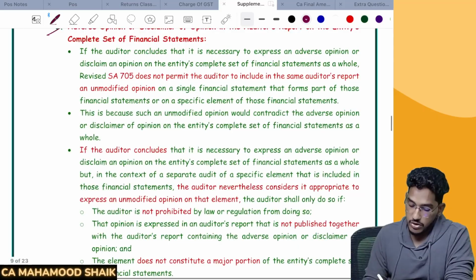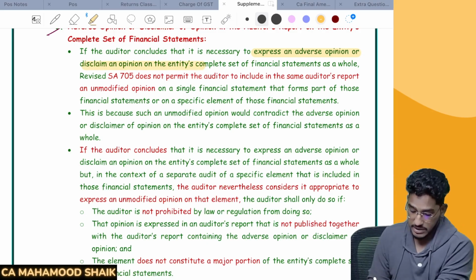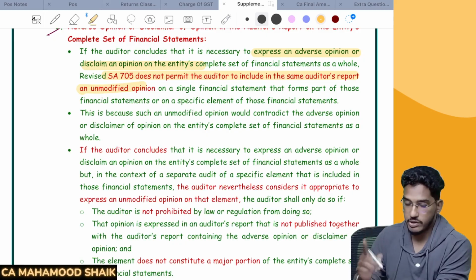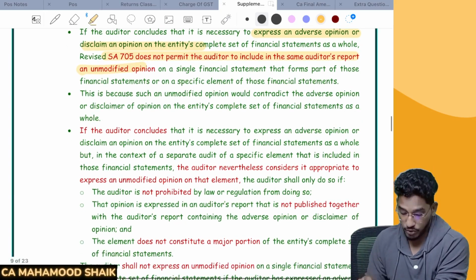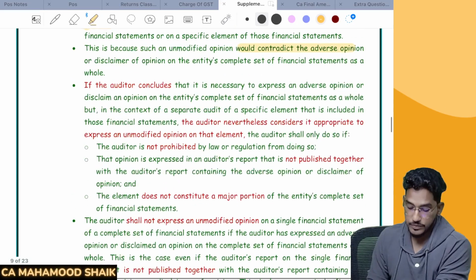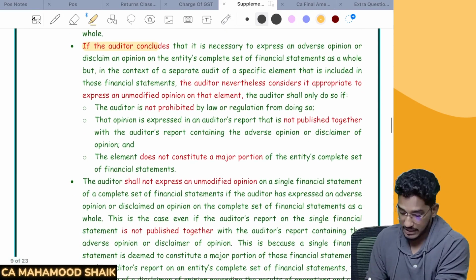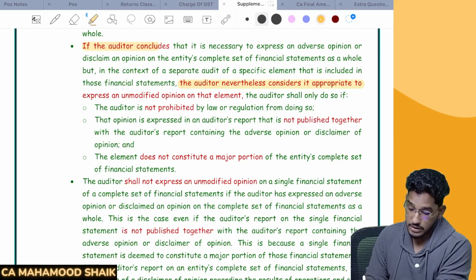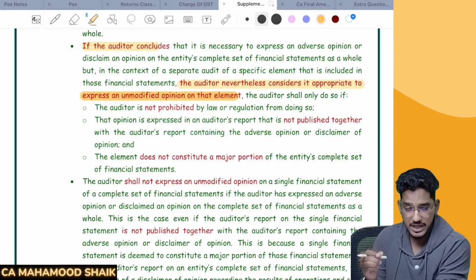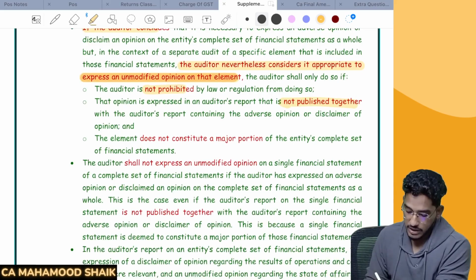So if you see here, if the auditor concludes that it is necessary to express an adverse opinion or disclaim an opinion on the entity's complete set of financial statements, SA 705 does not permit the auditor to include in the same auditor's report an unmodified opinion on a single financial statement or specific element. They have prohibited it. This is because such an unmodified opinion would contradict the adverse opinion or disclaimer of opinion. However, if the auditor concludes that it is necessary to express an adverse opinion or disclaimer of opinion on the complete financial statements, but feels that it is appropriate to express an unmodified opinion on that specific element, you can do it only when it is not prohibited by law or regulation, when it is not published together,